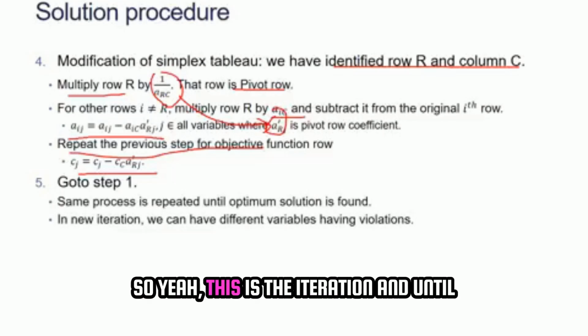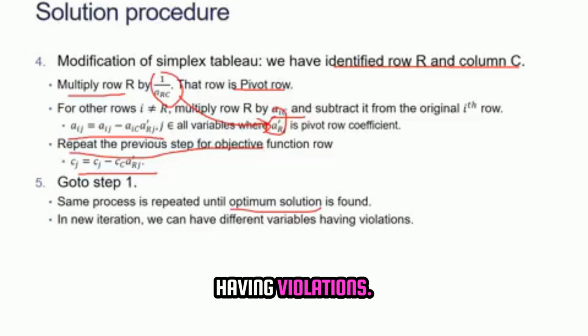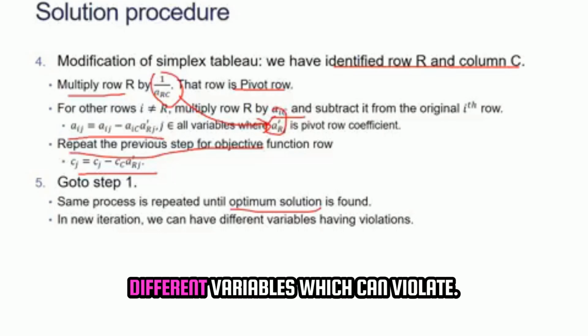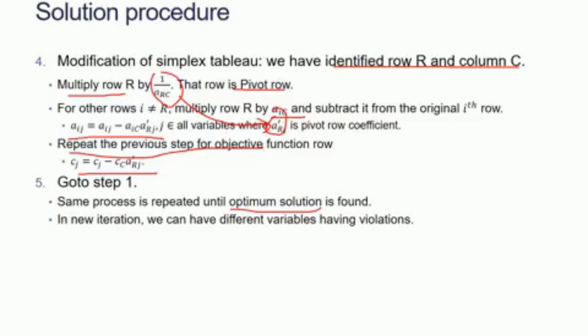Right. So this is the iteration, and repeat until the optimal solution is found. We can have different variables having violations. So in every iteration, there can be different variables which can violate, and we have to ensure that none of the variables are violating. Right. So with this, let